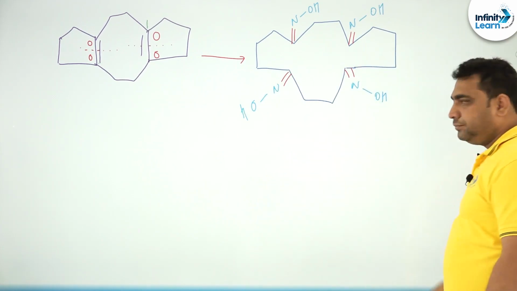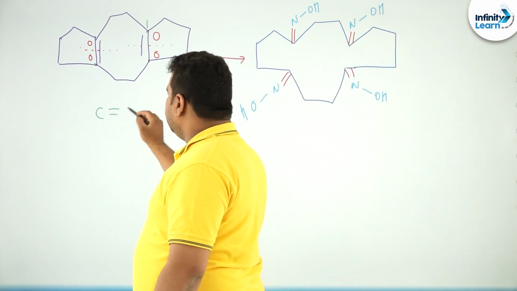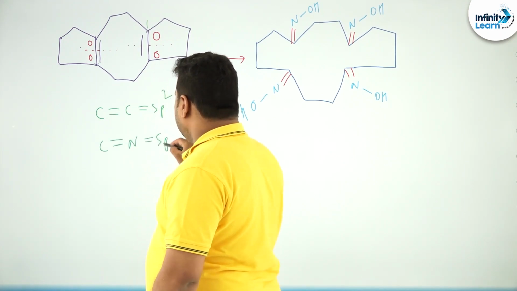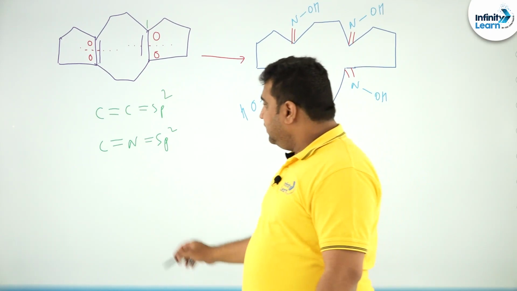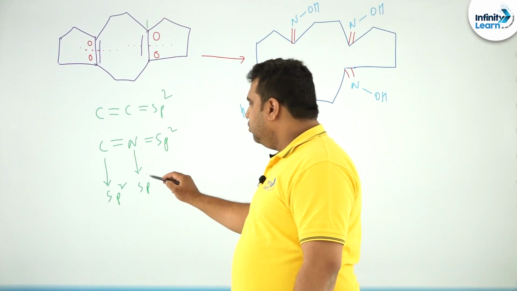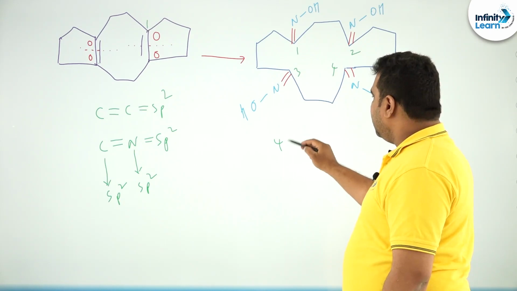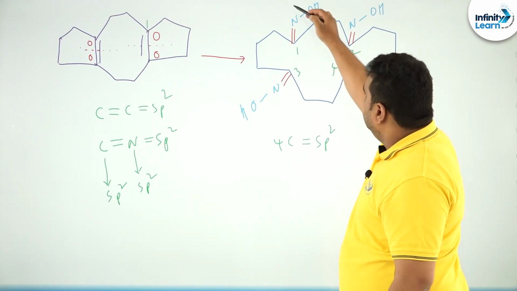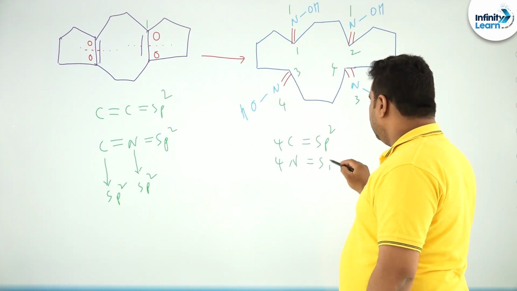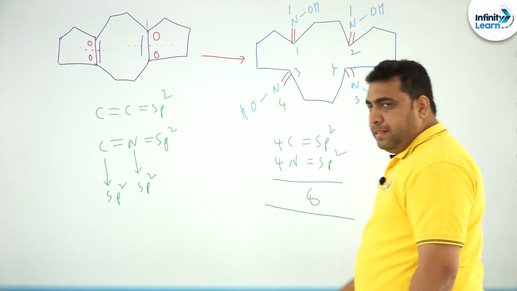Now dear students, how many sp2 carbons are there? Remember, a double bonded carbon is sp2, you know, and even a double bonded nitrogen is also sp2 only. And this is an imine, both are sp2 here. So if in that order you go, here you can see 1, 2, 3, 4. 4 carbons are sp2 and 1, 2, 3, 4, 4 nitrogens are sp2. So net answer you are going to get is 8. Okay dear.